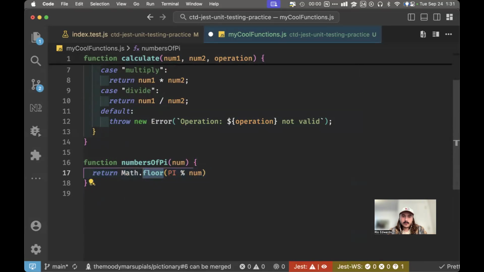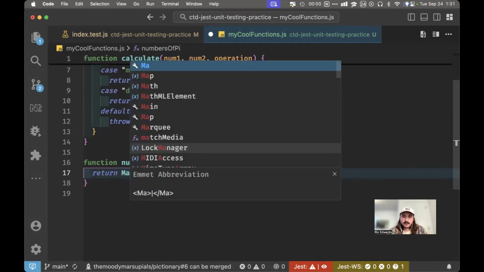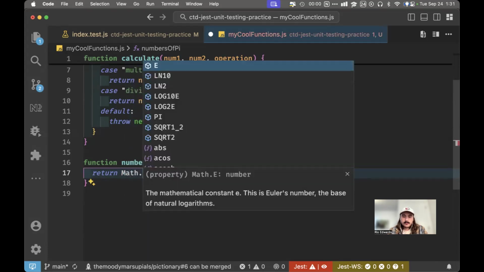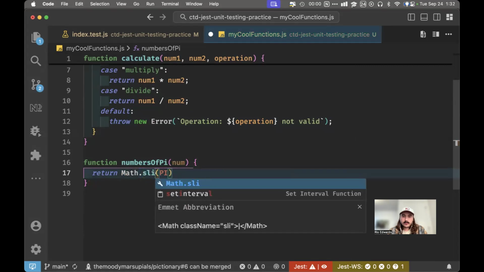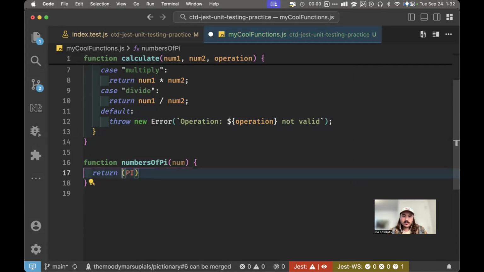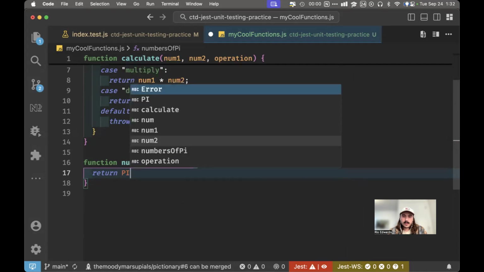Wait, not math.floor. We just want to cut it off. I want to cut off pi at a certain digit. Oh, wait, we do Math dot. We can do slice. I think slice only works on strings and pi is a number. But I think we could do dot, you specify the